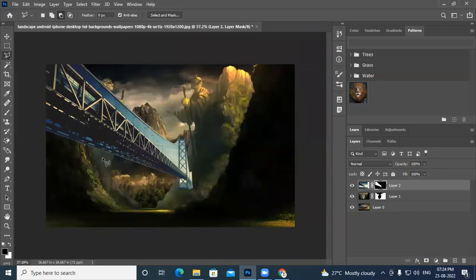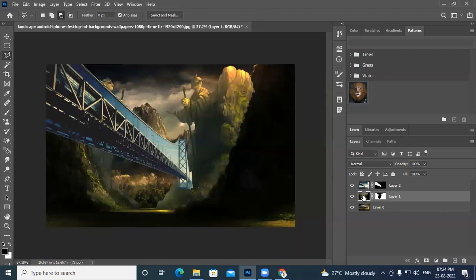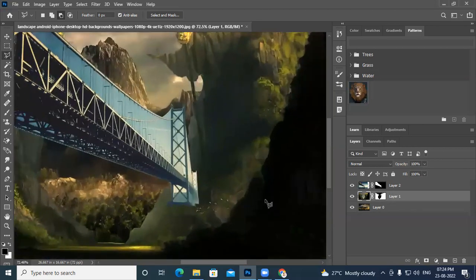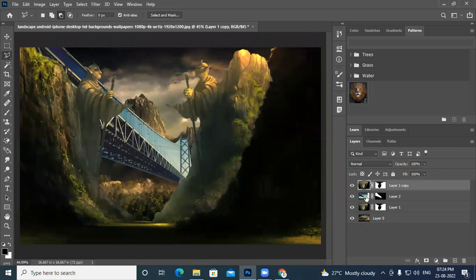Here I'm adding a layer mask. See now, at this position we have to place one part of this area so that it goes down to this part. So what I have to do is duplicate this image one more time with Control J, and keep it on top of it. And on this side image you have to fill this area